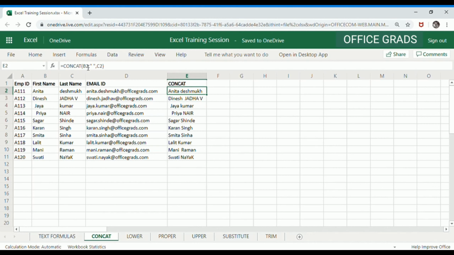Let's find out how. So what I'm doing is I'm just adding a TRIM before it, TRIM bracket open, and I'm closing the bracket now, hitting enter. Right? So you notice that the extra space is gone. Similarly for this, I'm using a SUBSTITUTE formula for C. So SUBSTITUTE bracket open. Now I've selected a text, comma, my old text was space and I'm replacing it with nothing, closing the bracket, I'm hitting enter, right?